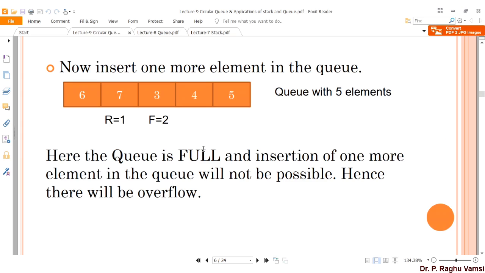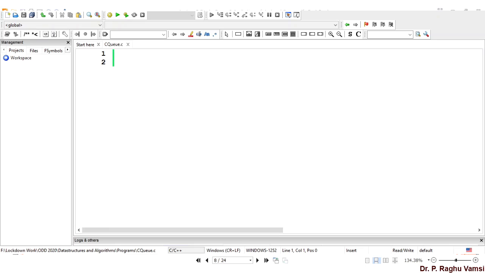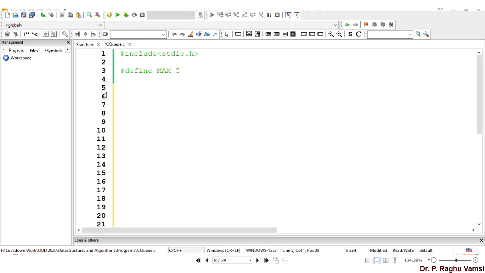So this is the way you are supposed to manage the already existing queue in order to make it as circular queue. Now we'll see the circular queue implementation. We'll declare initially front is equal to -1 and rear is equal to -1 and int queue of max. Next is void insert of integer value. So void insert of int value.